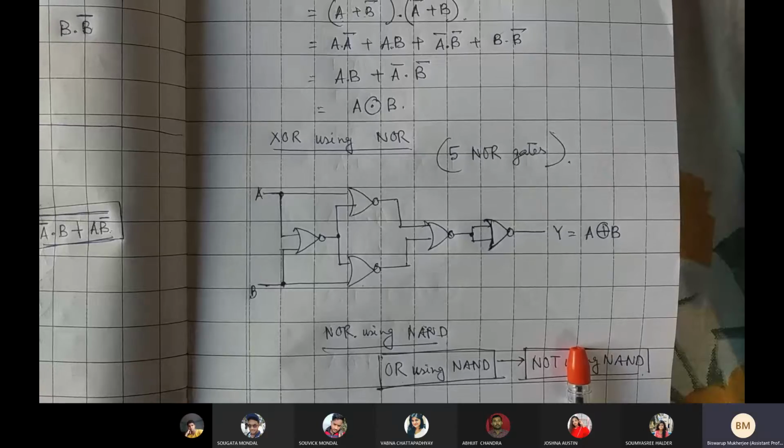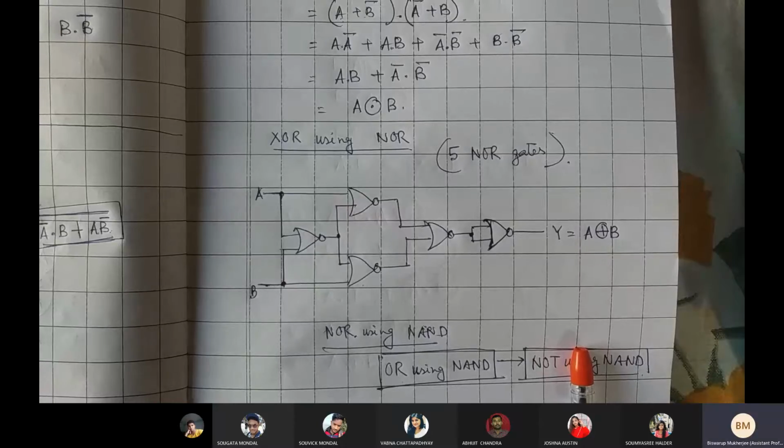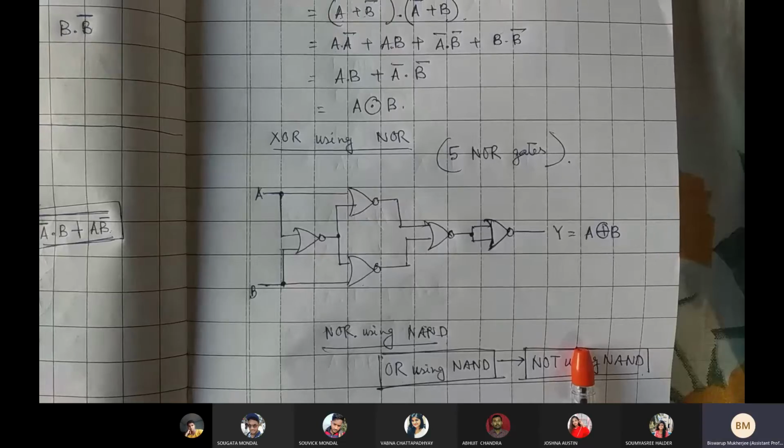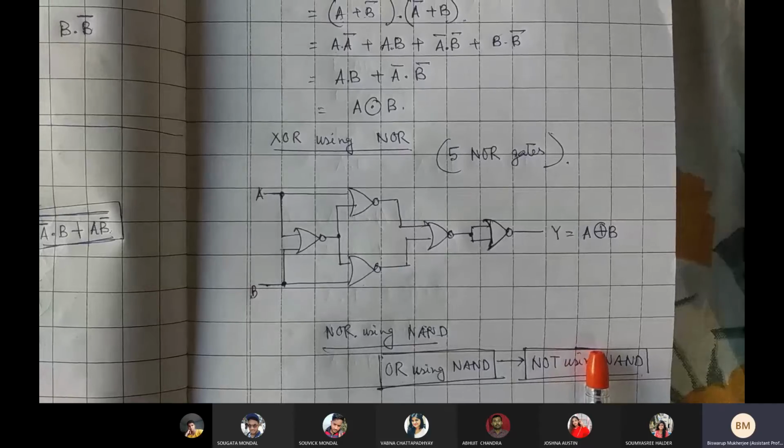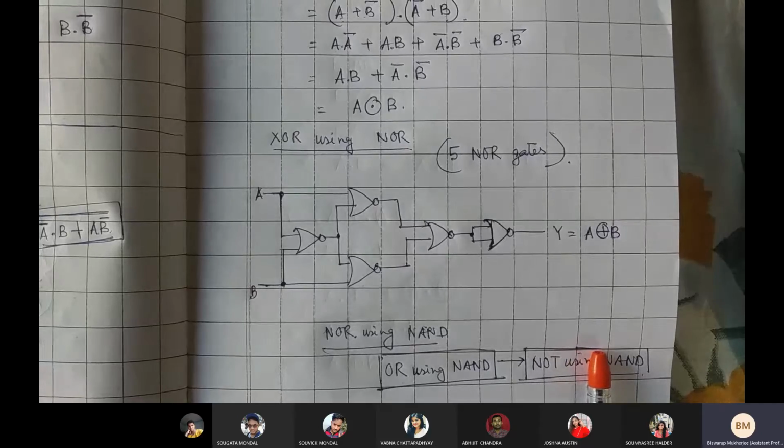Why? Because a similar type of gate will have the same input impedance and the same output impedance, right? So the current driving parameter will also be the same. All the gates will consume the same amount of power. If I am using only NAND gates throughout the design, then all the individual NAND gates will consume the same amount of power.